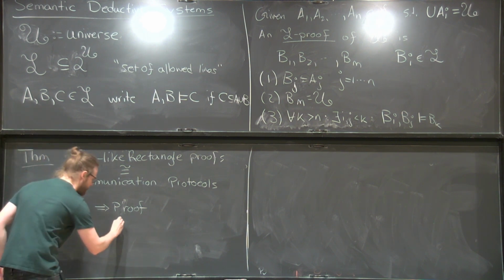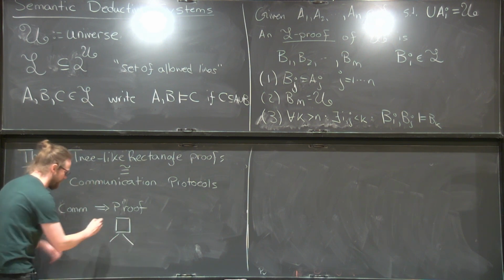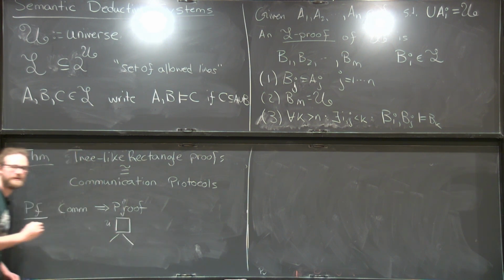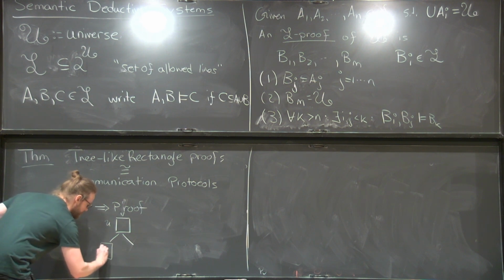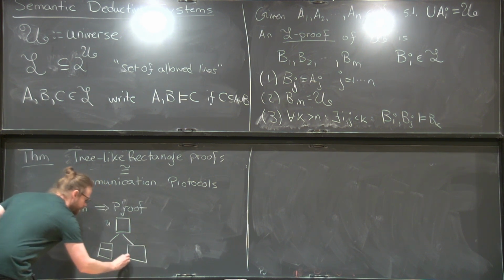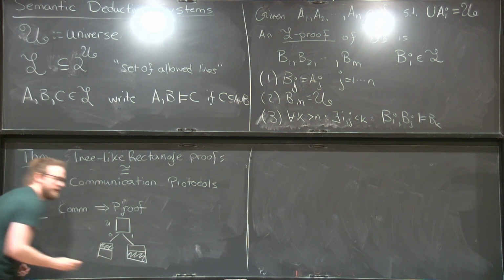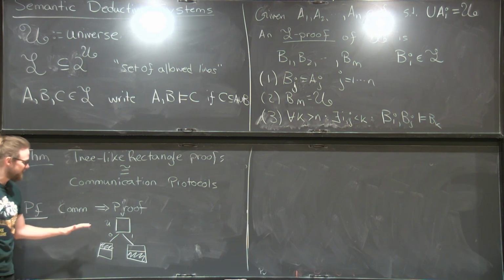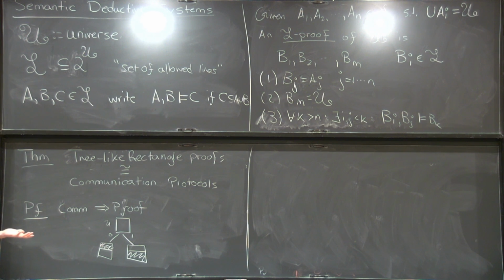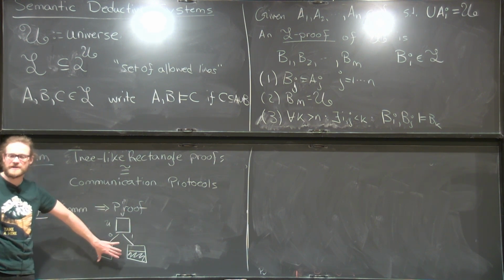Remember, all we've been saying before is that a communication protocol is basically just: you start at the root, and I'm going to cover all the inputs because the protocol is correct. It'll be correct on every input. And then every communication step corresponds to sending a bit and partitioning things, right? Maybe I don't want to go into the details because I basically already did it with Karchmer-Wigderson games. But this is just a proof where I've turned it upside down, right?